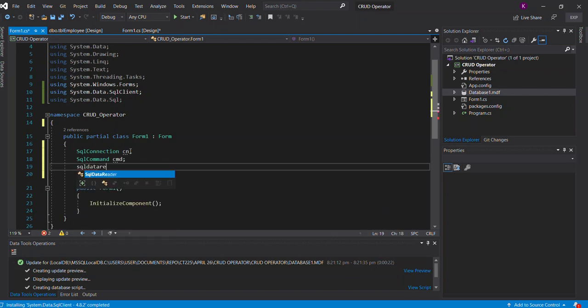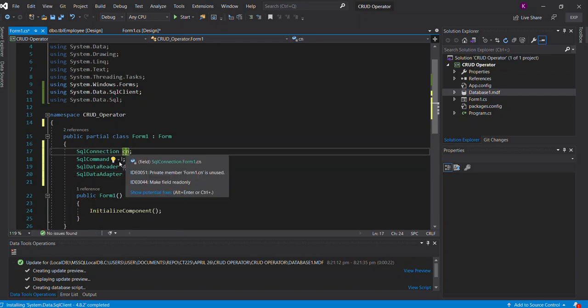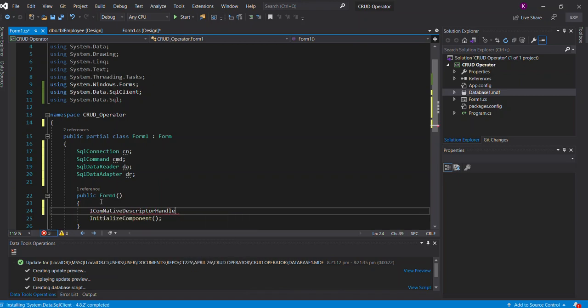SQL data reader, DA, then SQL data adapter, they call this DR. So we already have our connection, our command. So now we will be adding our connection string. So upon load, our connection string is cn is equal to